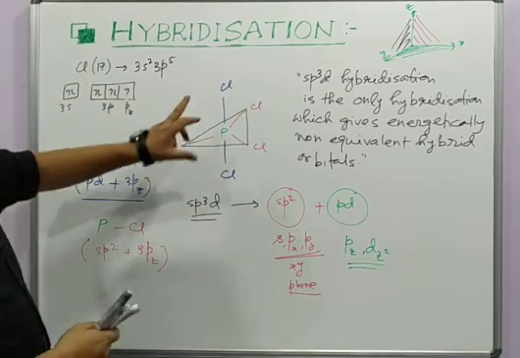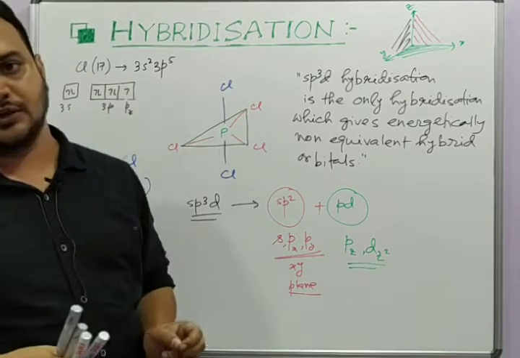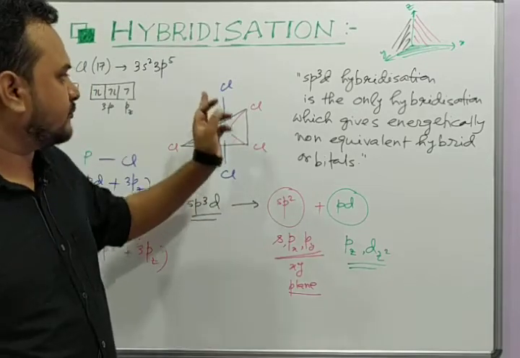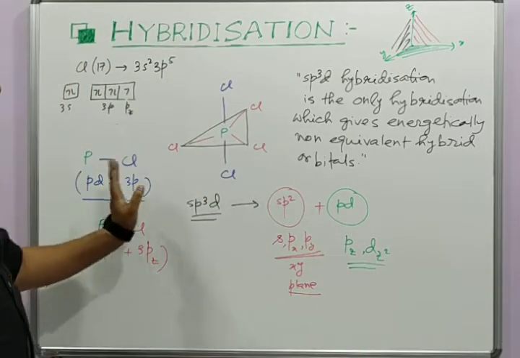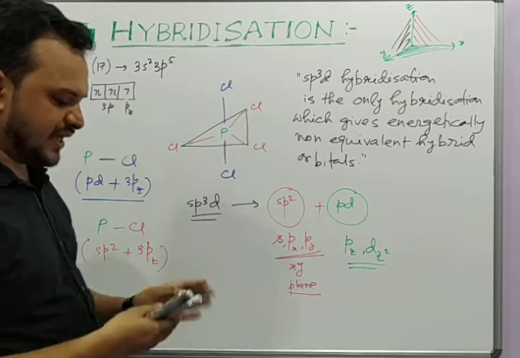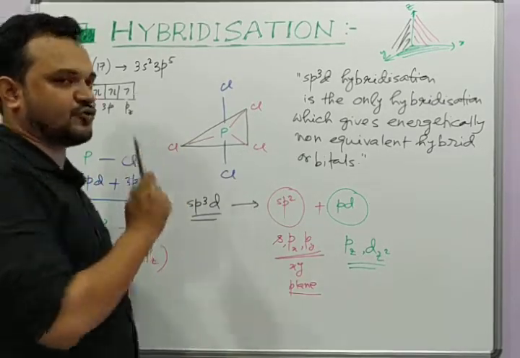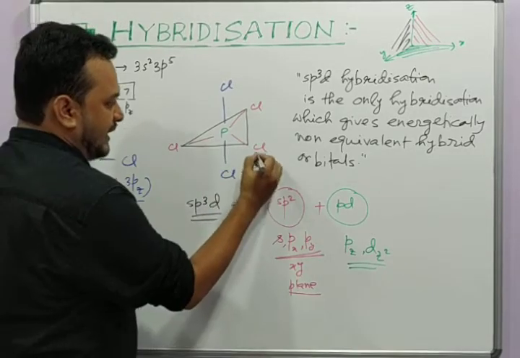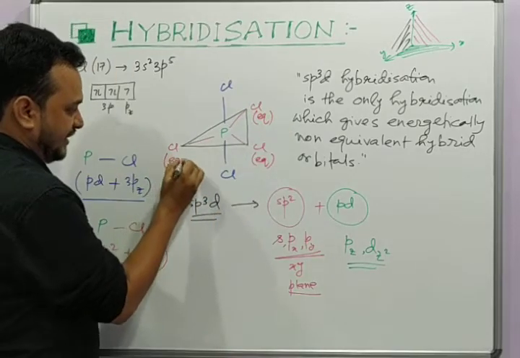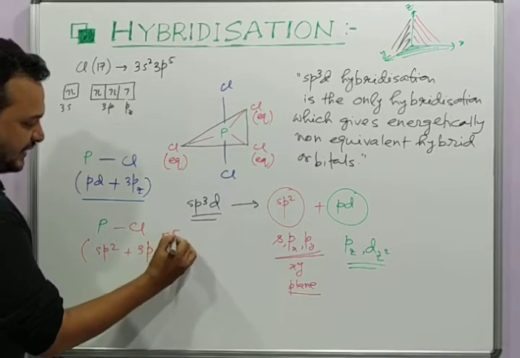So in this way we can explain the experimental observation that in the PCl5 molecule, the 5 PCl bonds are not energetically equivalent. Two of the bonds are of one type because of pd and 3pz, and three of the other bonds are of another type in terms of bond energy and bond length. These three chlorines situated at the three vertices of the trigonal plane are known as equatorial chlorine. These are known as equatorial positions, EQ, and these three PCl bonds are known as equatorial bonds,